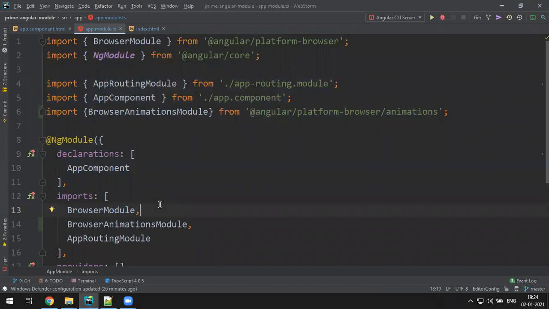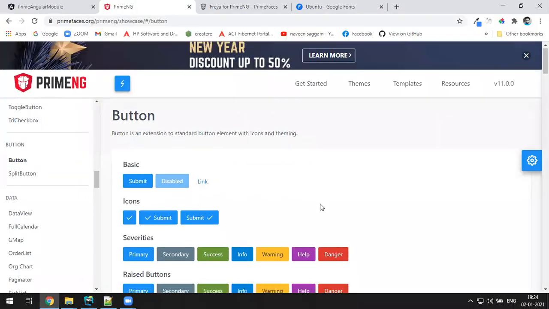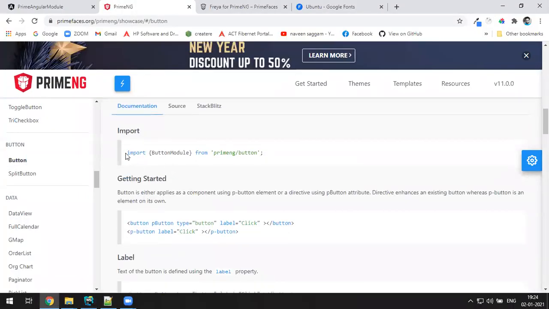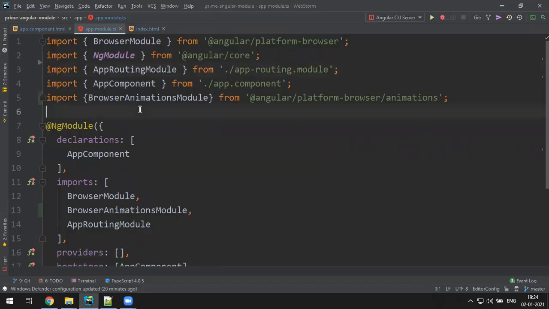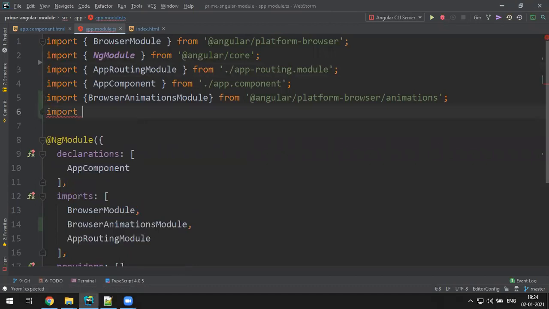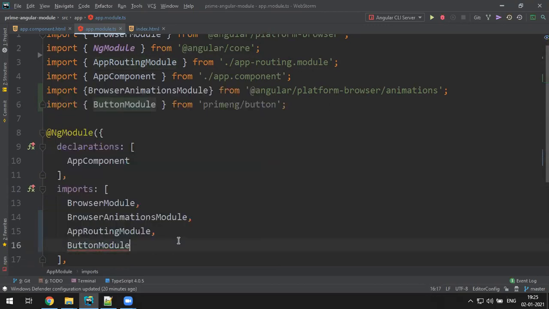Instead, actually, you can do one thing. You can create your own module, and inside of that, you can import. Okay, optimization, I'll tell you later. At least now we'll create a button by using this existing setup. Import the button module. You just simply go to app module. Here, I'll say import ButtonModule from primeng/button. You can add that to the import statements somewhere here. ButtonModule.